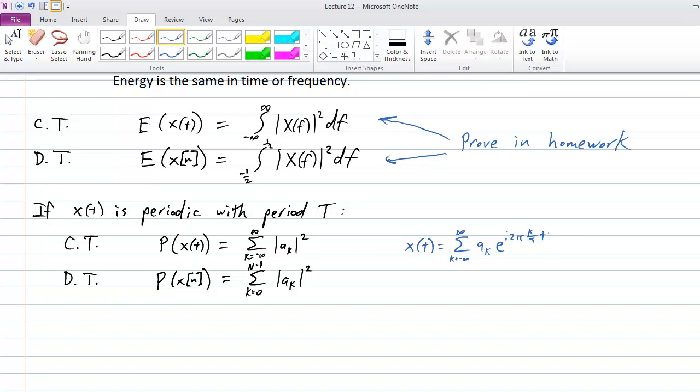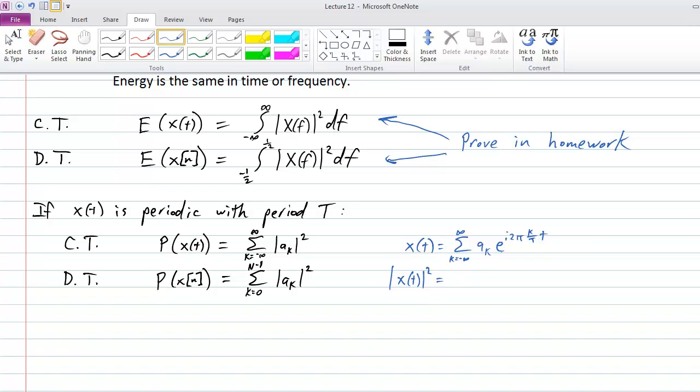That's the synthesis equation for the Fourier series. Now, you did a problem in your first problem set where you had to calculate the power of something looking like this. Okay, and it turns out that you get, if you look at the magnitude squared of x of t,